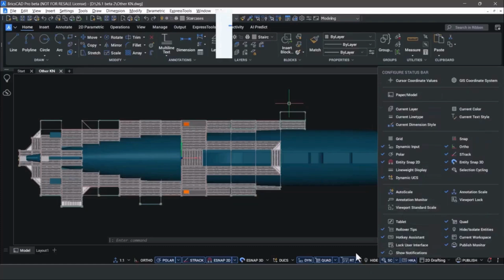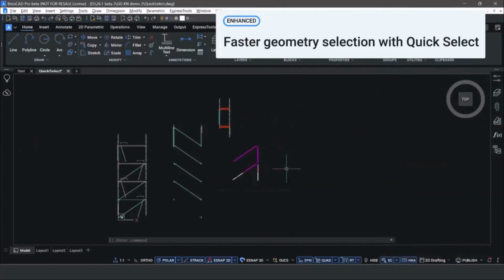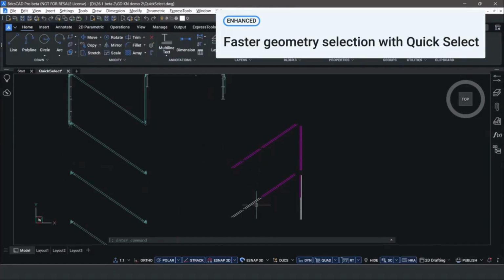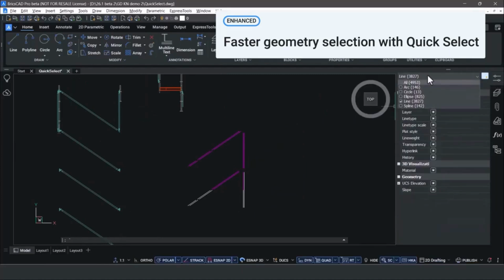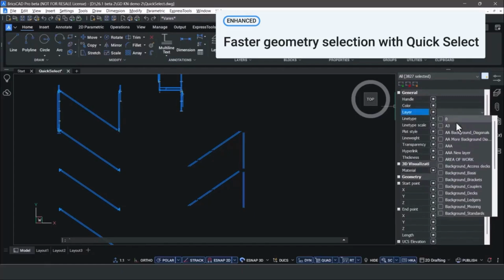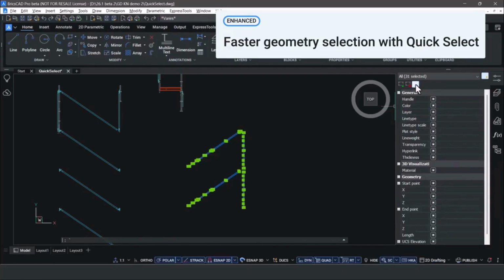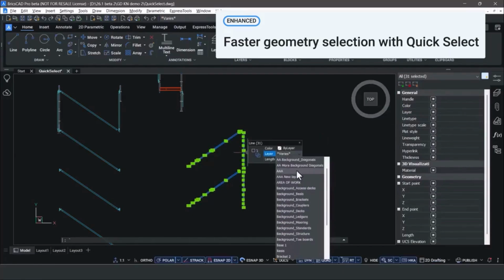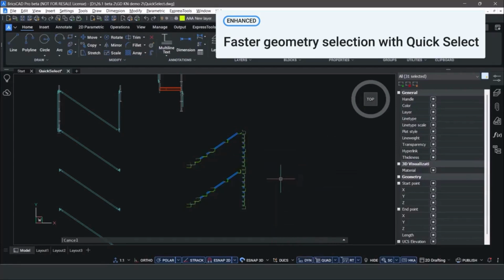We streamlined the selection workflow in Quick Select to make it faster and more intuitive. For example, these scaffolding diagonals are scattered across multiple layers. With just a few clicks in Quick Select, you can instantly isolate and select the relevant entities, even across multiple layers. Once selected, simply use the rollover tips to move them all to the correct layer, once again saving you